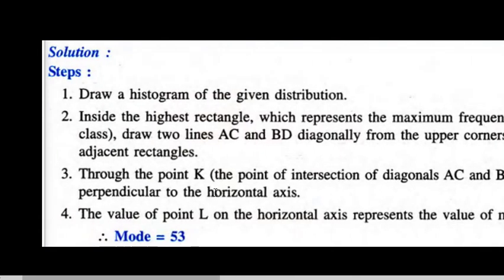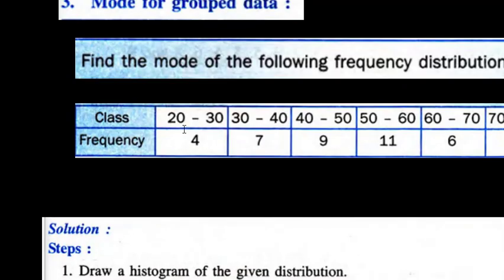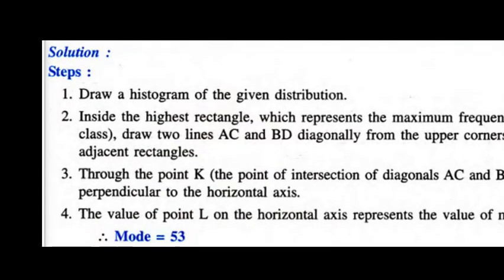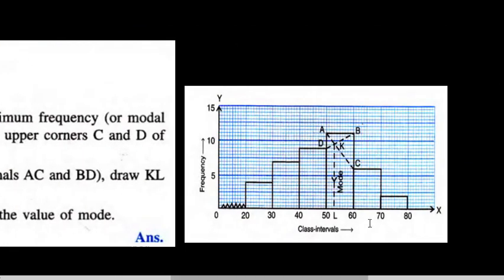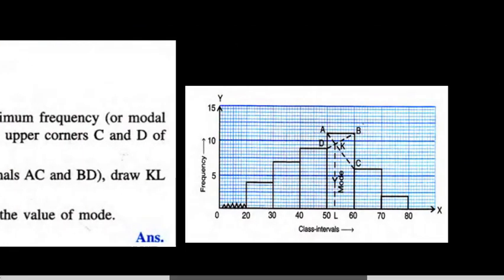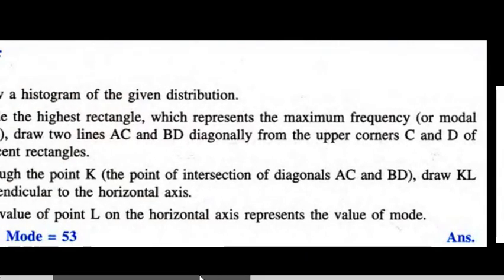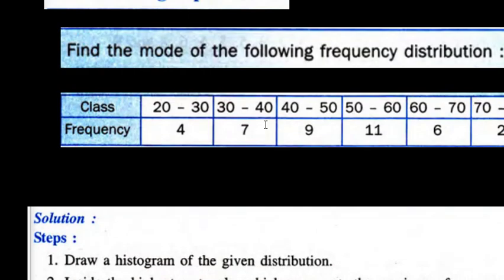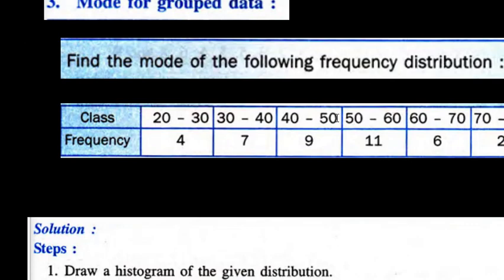Now how you have to mark, you can see from the given data. Here your classes are 20-30, 30-40, 40-50 like that. One thing you should make clear is that the class intervals should be continuous. It should not be like 21 to 30, then 31 to 40. It should be continuous, so the upper limit of a lower class should be equal to the lower limit of the next class. Along the x-axis you write class interval and along the y-axis you write frequency. First you have to draw the histogram. Now we have drawn the histogram with this frequency and this class interval.